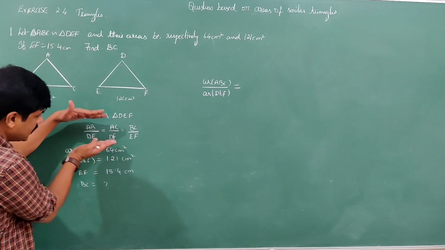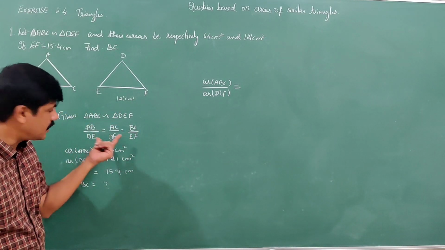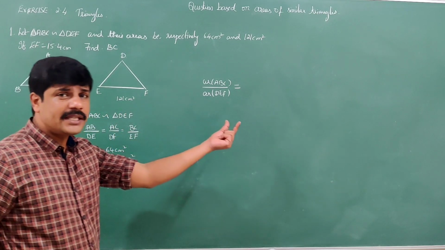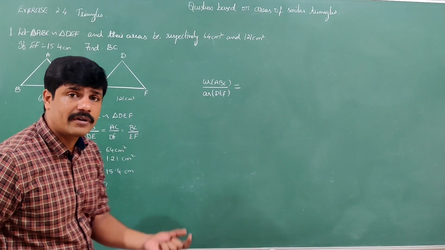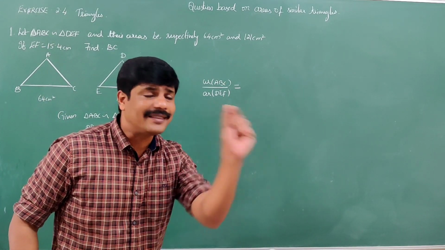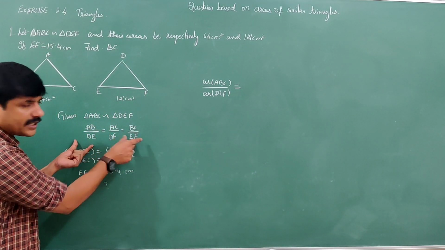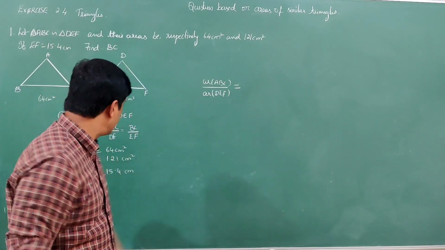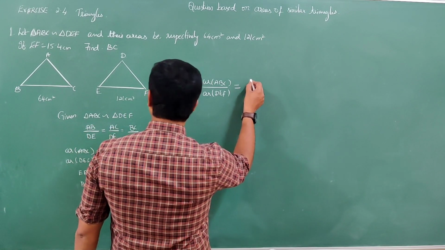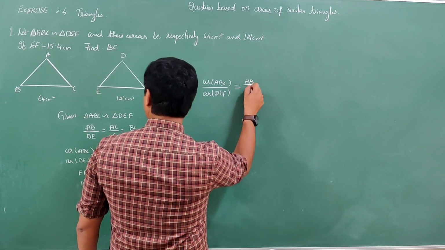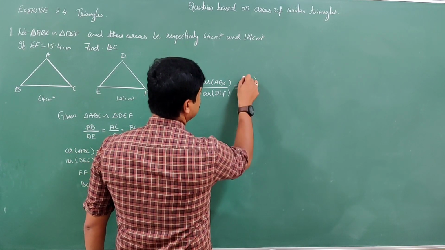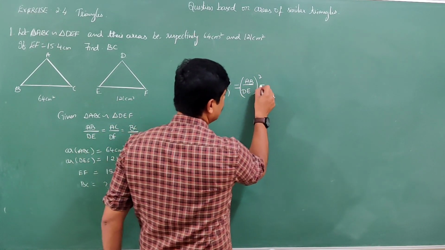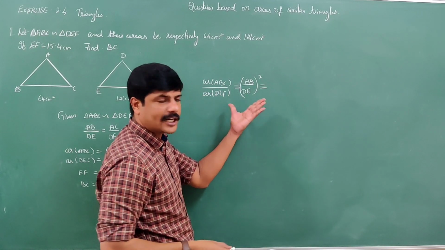of the ratio of their corresponding sides, which are dividing in the equal ratio. Understand? Here you can see the corresponding sides written, and you can take any one of the three according to your convenience. So I am writing the statement AB by DE whole square, the square of the ratio of their corresponding sides.